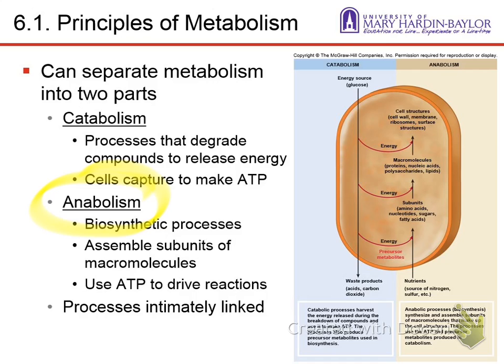Based on what I just said, there are two things that come out of catabolism. What are those? Two things that come out of catabolic metabolism. What are they? ATP and those subunits all come out of catabolism. Right? All right, good. And anabolism uses both of those things. And anabolic metabolism, stringing all those monomers together to make those macromolecules, uses energy, and it needs those subunits to be able to do it.